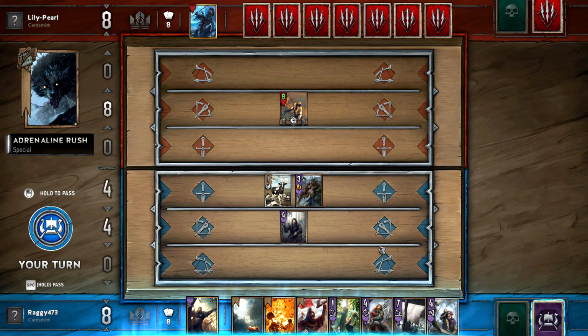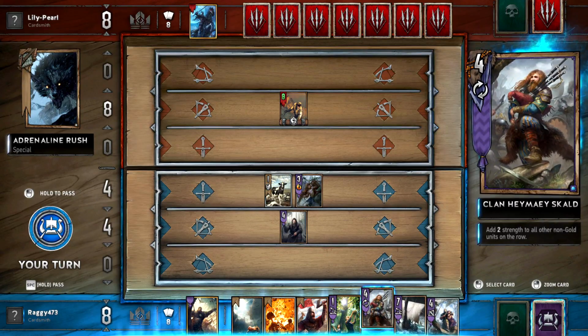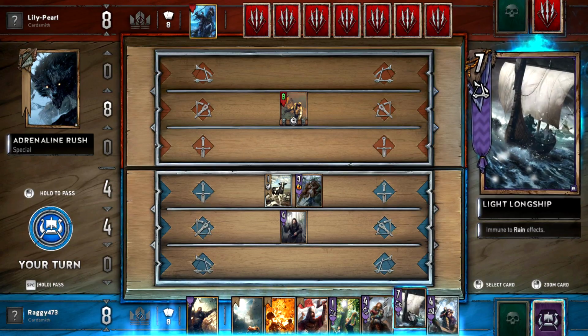There's way better things to Scorch that monsters can do, but he's put all his eggs in one basket at the moment. He can of course just play Eredin in a second, which I suspect he might very well do. Add 2 strength on gold units on the row, save that for later. Oof. I'm a bit...